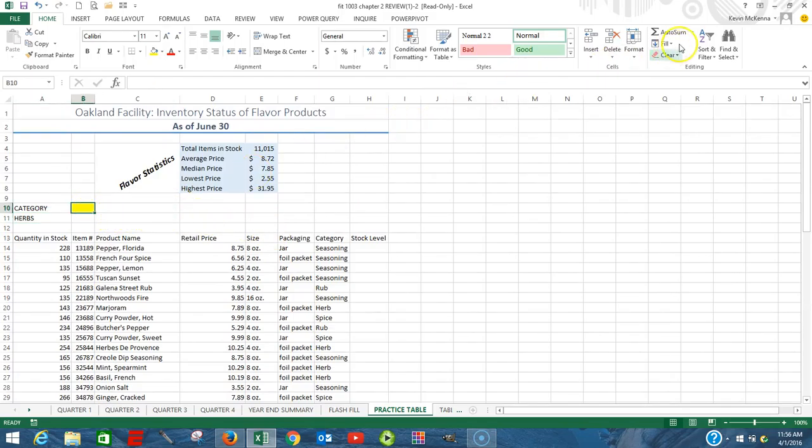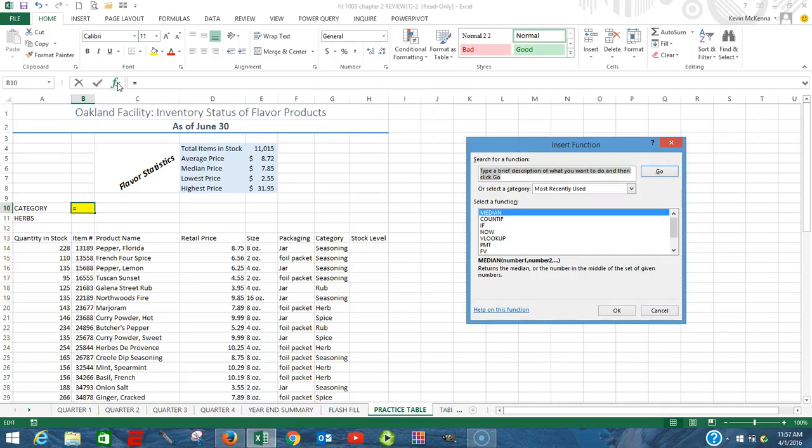Once again, it's not going to be listed right up on top here, but I'm going to show you another way of finding this function. The function that we're going to use is called Countif. So our cursor is in cell B10. Another way of finding functions is by clicking on FX. We get a dialog box. Countif, I've just recently used it, so it is available, but if it weren't available, what you could do is type in